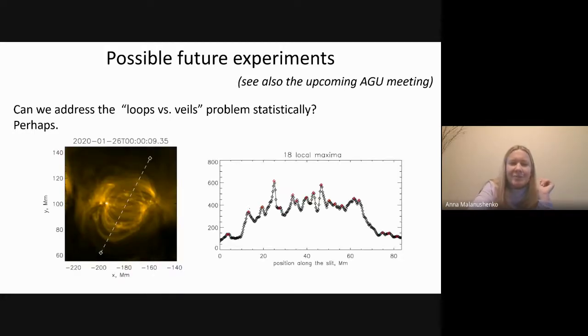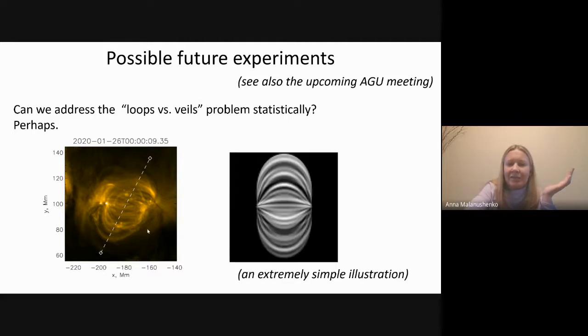So if you look at this particular active region on the sun, I just took a middle slice through the loop tops and counted 18 local maxima in this particular case, and 18 loops. Are they 18 loops or are they 18 projection artifacts? Now, that is the question. I do not know if I'm able to discern a particular feature just by looking at it just like that, but maybe we can look at the problem statistically. And here is how. And this is a super simple illustration.